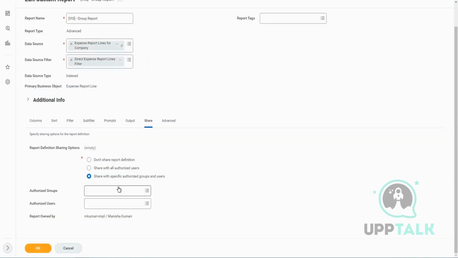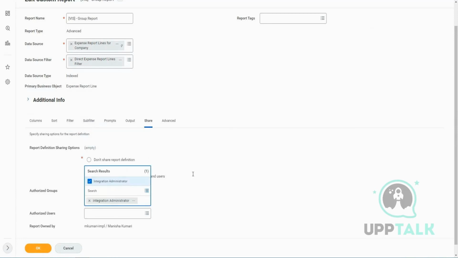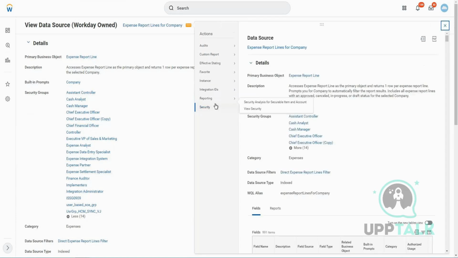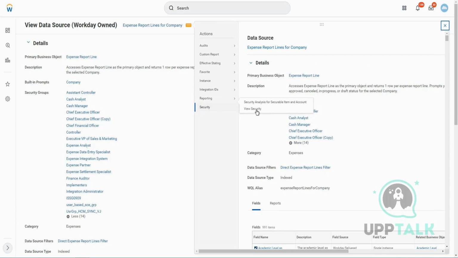For example, if I'm doing it like integration admin, it is coming here, right? Because it exists here. And you can add anything which is here. But if you don't have it and you wanted to give your HR partner access on this data source, how can you do that? You go on these three dots, you go to the security, you go to the view security, go to the related action security and view security,